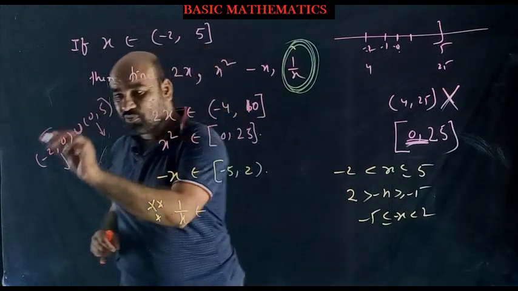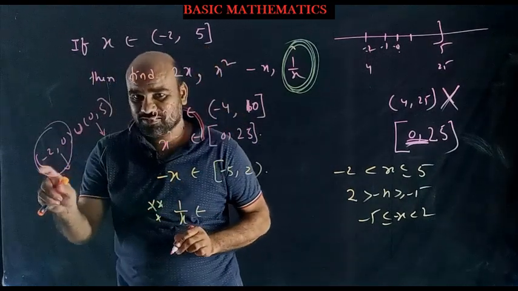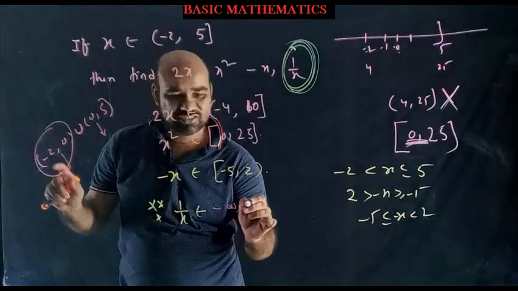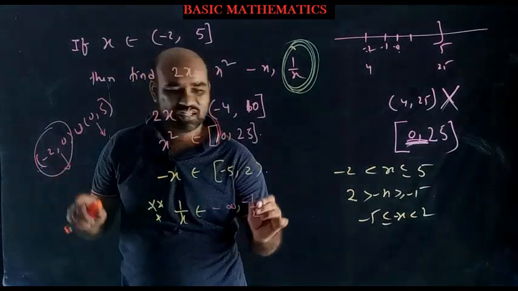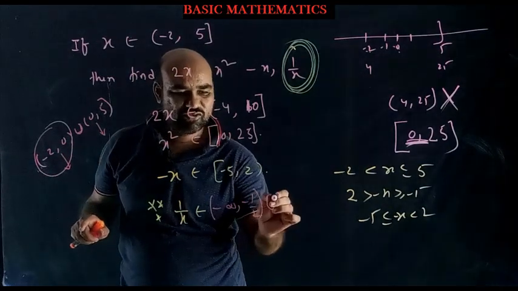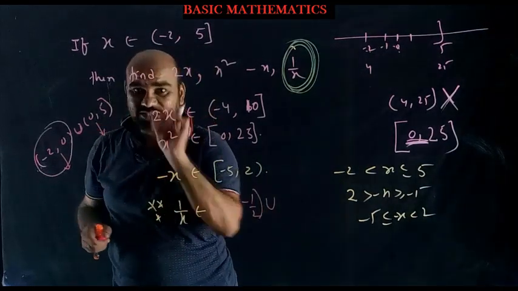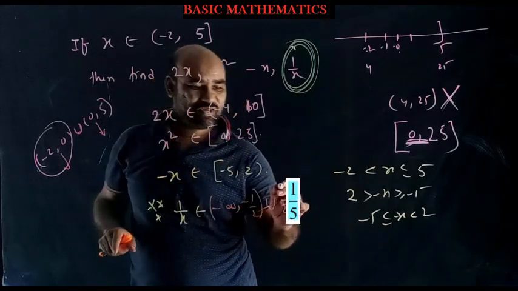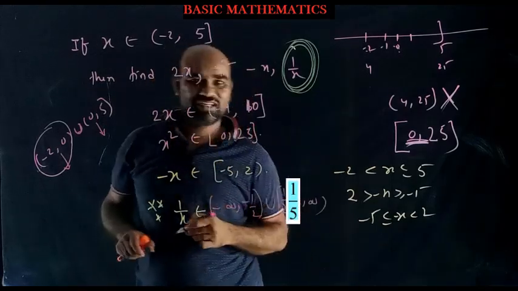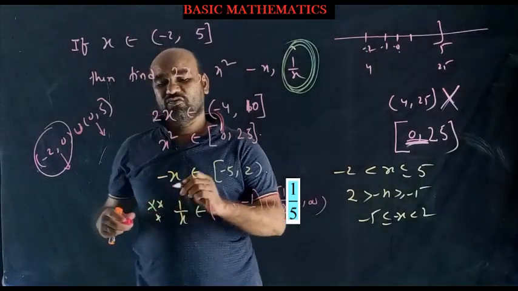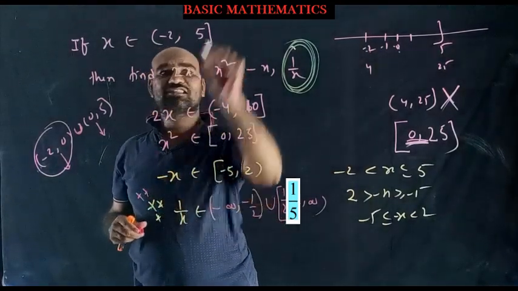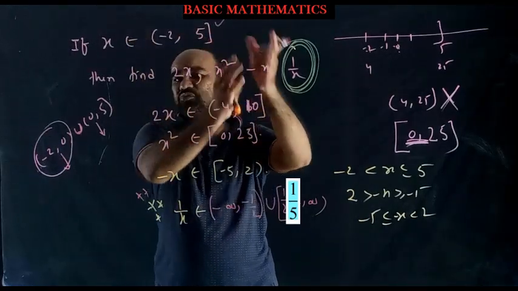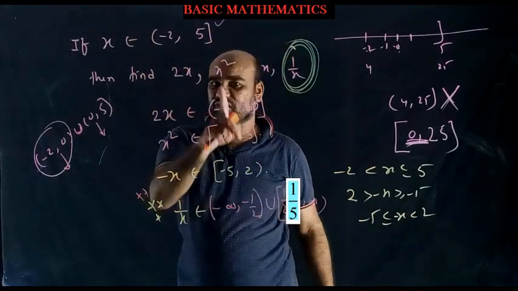Okay. Reciprocals of this, already explained. What is that? -∞ to -1 by 2. 1 by 2 not there means here also won't be. Union. Reciprocal of this, already explained. 1 by 5 closed, 1 by 25 to infinity. So this is the 1 by x. Very important. Finding the reciprocal of an interval where some elements are negative, some elements are positive, finding its reciprocal is very important.